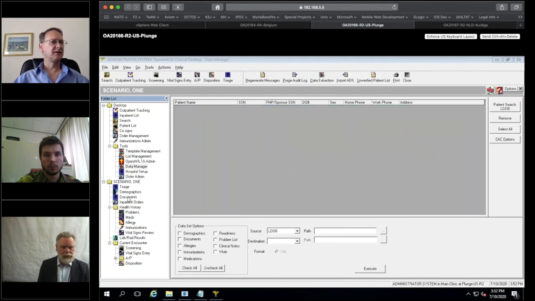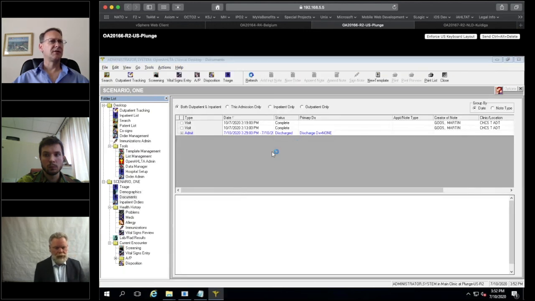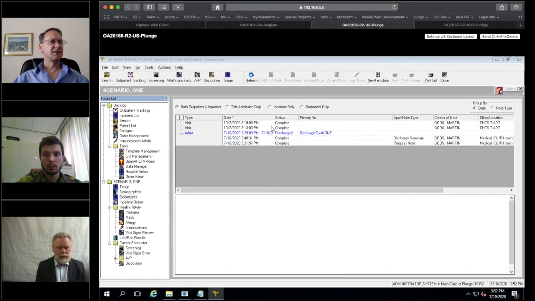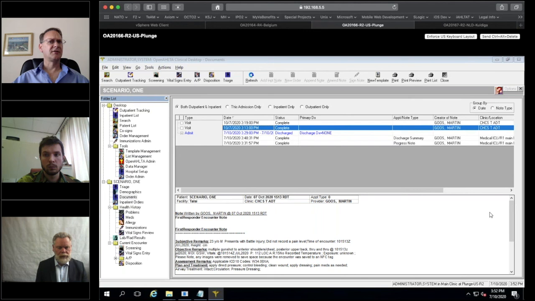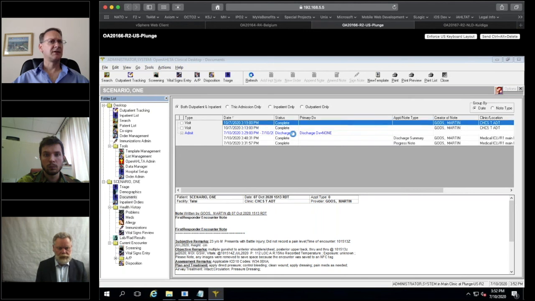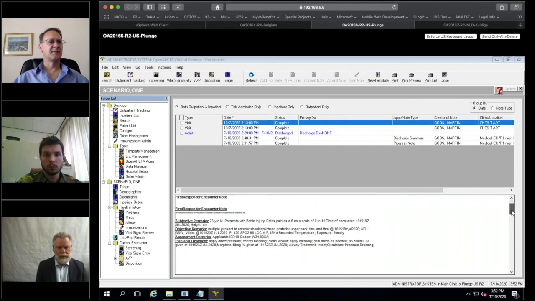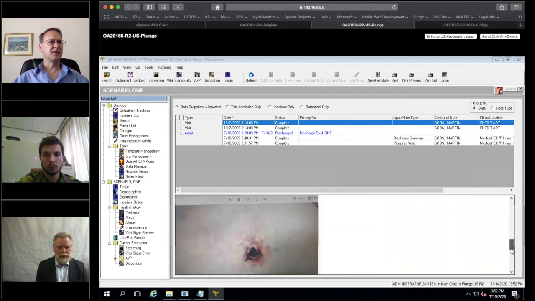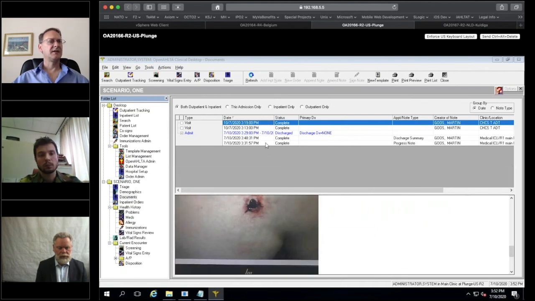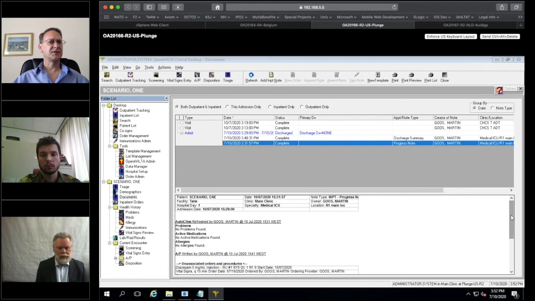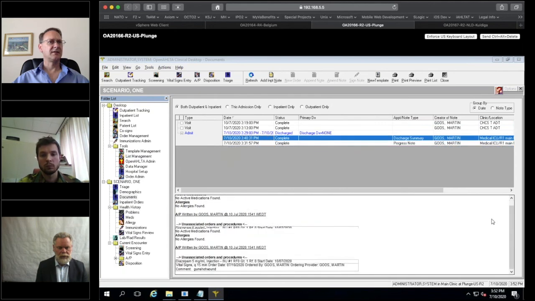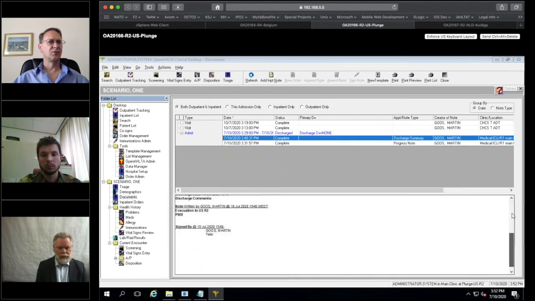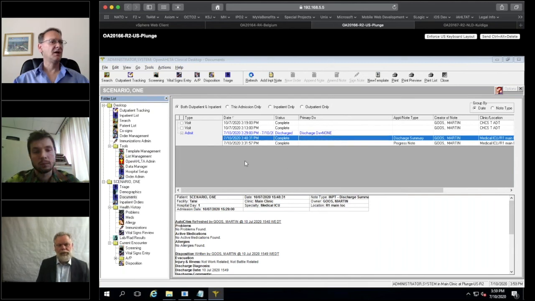Import is now complete. I'll switch over to the documents module to view all the encounters that have been documented. So I can see all these encounters, the initial encounter, the encounter from the second phone, including the picture, and then the inpatient treatment that the patient received at the Netherlands Role 1. Now I'll hand it over to Daniel.